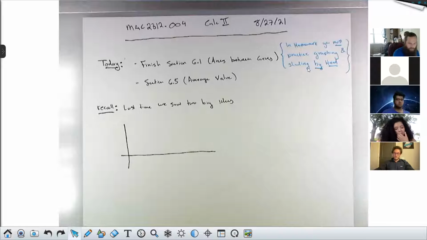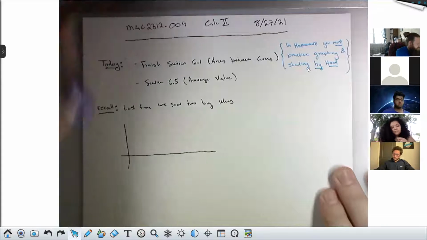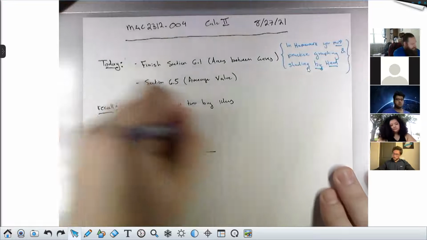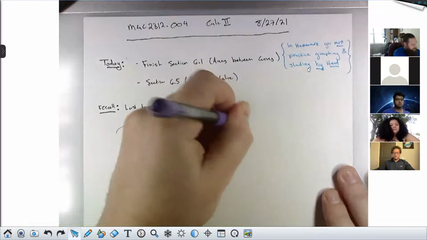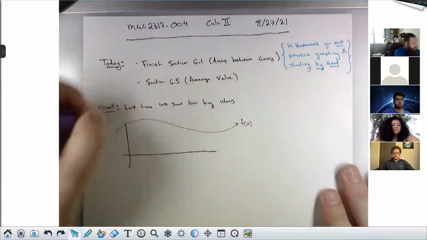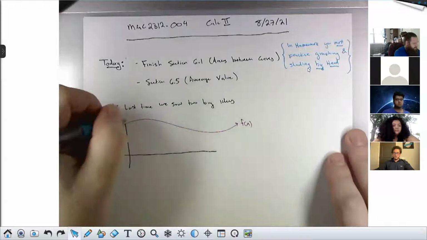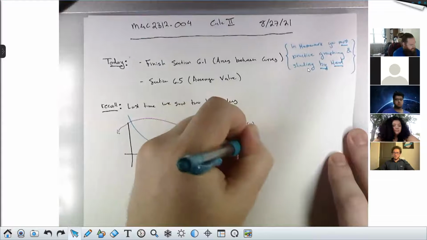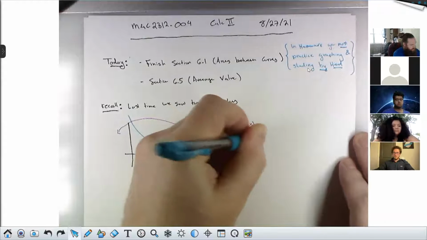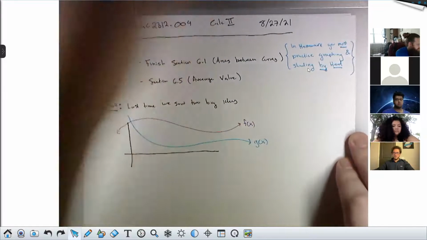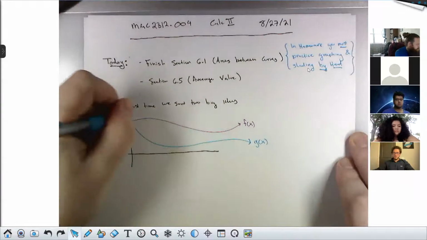I have a function f, some other function g, and specify some interval from a to b,